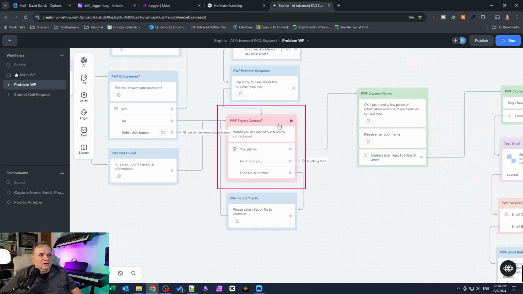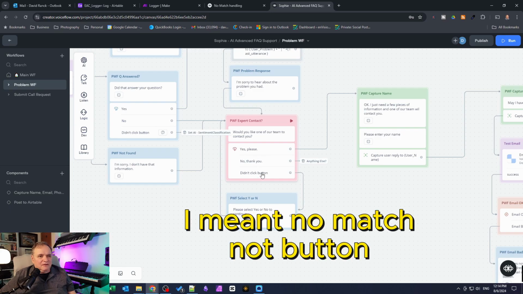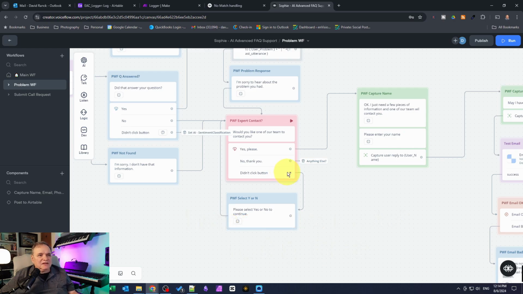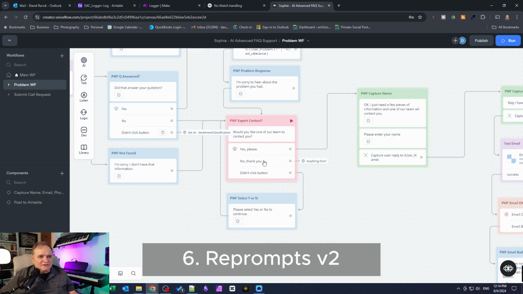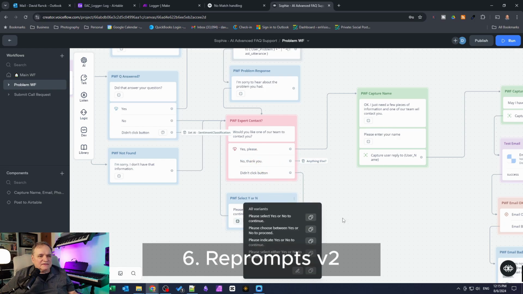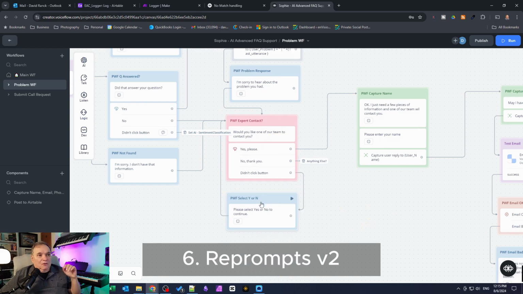Let's look at this block now, the PWF expert contact. We have 2 buttons, and we have this didn't click button. Now this time, we've defined a path. So if the user doesn't click a button, it's going to go down to this block. And this block has several different variant responses on there. But when this block is done, it's going to go back to the expert contact block, which means this is